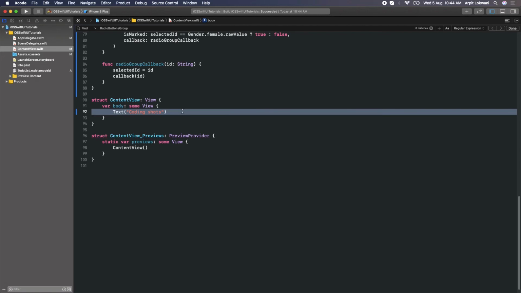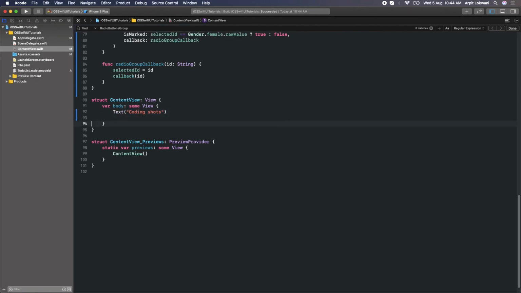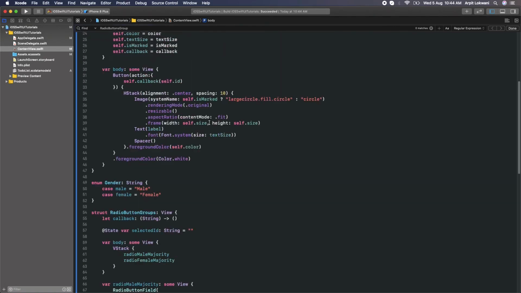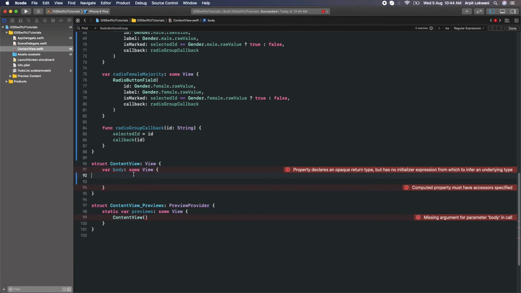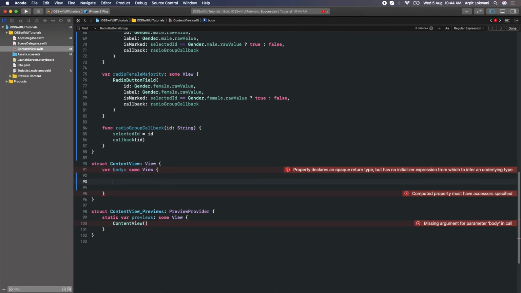So we will come into the main now, where the main code we need to write. Now we have created the radio buttons and groups. So now we need to combine that into the main view. So now my plan is to put one text which says gender and that radio groups button.